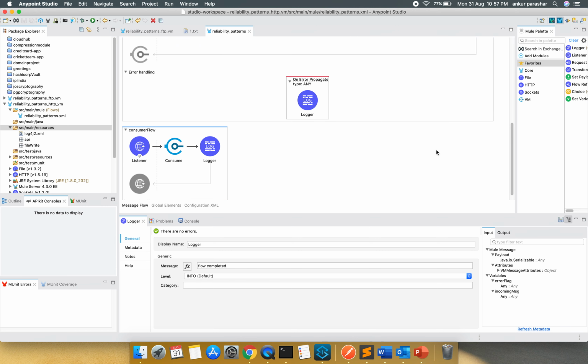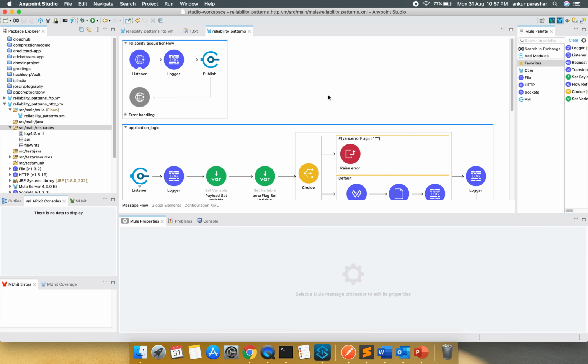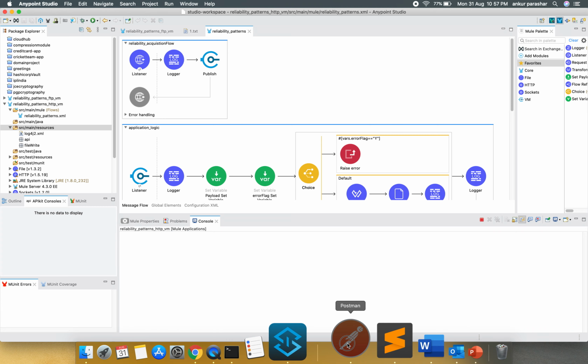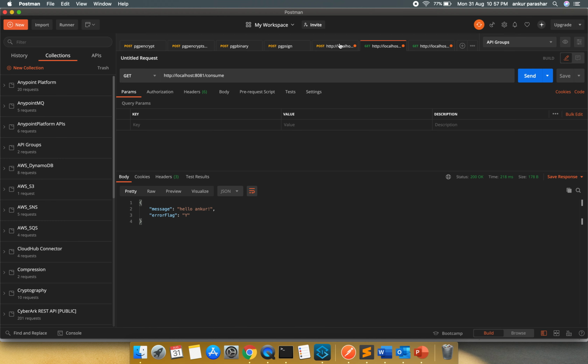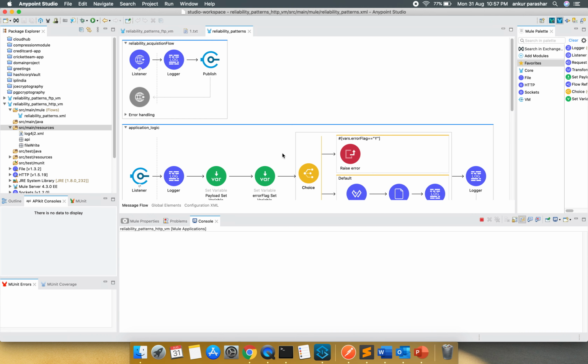Okay, so without any further ado, this is already in running state. Let me show you the console, and I will go to Postman. This is the POST method, and I am going to put the error flag as Y. The expectation is that when this message is published to this layer, it will go to the path where it sees error flag as Y, and it will create a custom error.